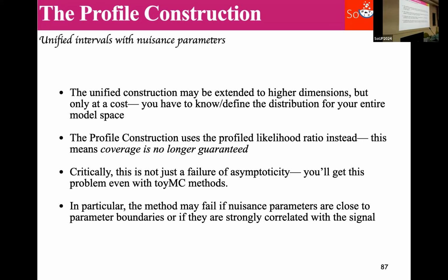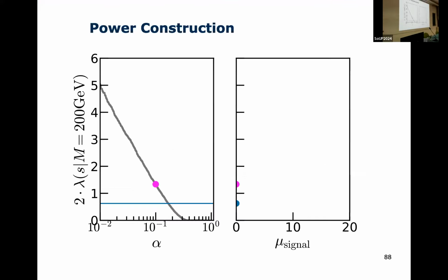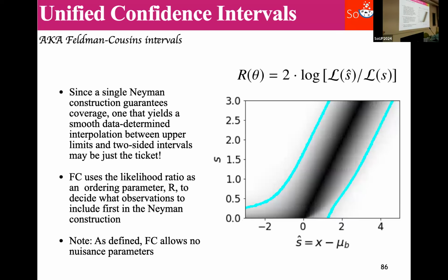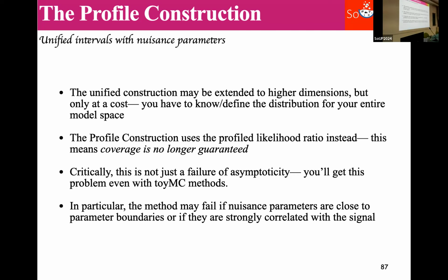A warning is that this means you're no longer guaranteed coverage. If you have nuisance parameters, they can change your distributions, which means they can also change the distributions of your test statistic. And so your Neyman construction, that you very carefully constructed, it could be that these boundaries are slightly different based on some nuisance parameters, in which case you won't have exact coverage. However, in practice, it turns out to be reasonably robust for most cases. You should test if some of your nuisance parameters have very big effects on the signal, or very big effects on the signal-like background. Then you should at least start worrying that this could fail. But in practice, it almost always works.